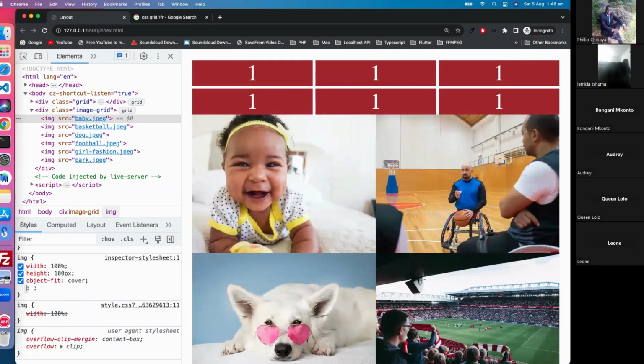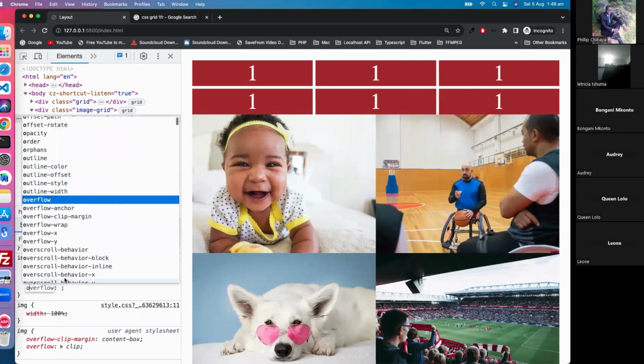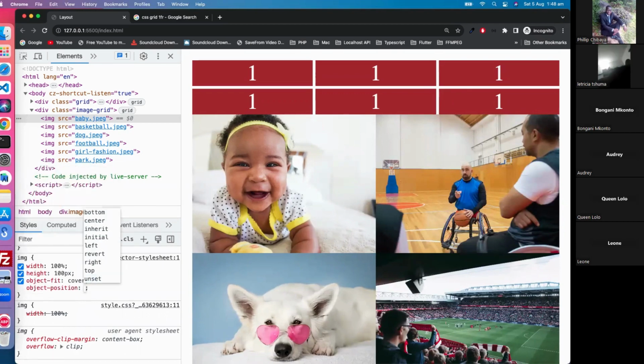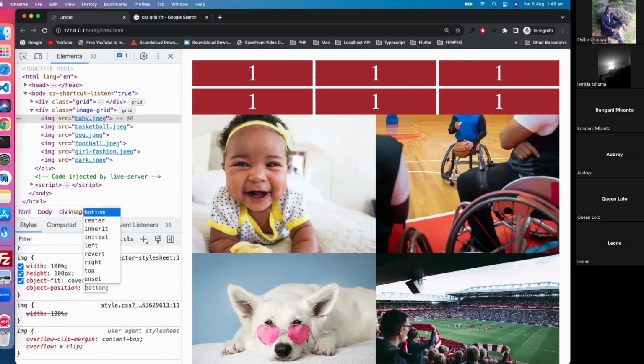All right. And then you have another property called object position. So you've done the object fitting, but now you want to position it. So you can either go bottom, all right? So if you look at the basketball